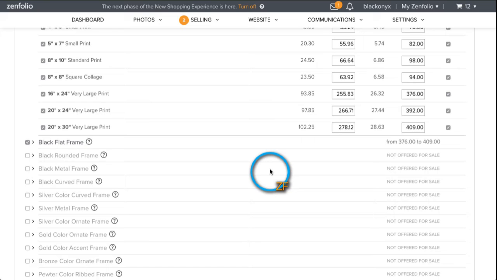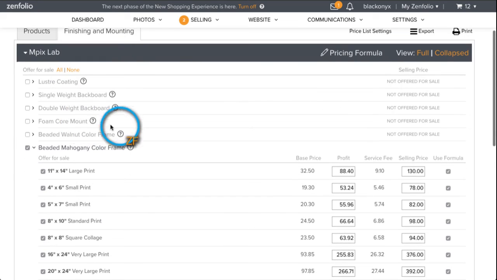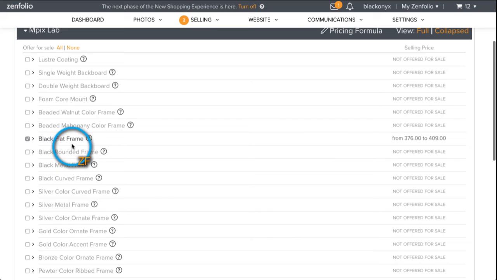I really like adding just the black frames, or maybe this, and it really depends too why I'm creating this price list. If it's for a wedding, I tend to go with more of the silver things and stuff like that. Where if it's like a landscape gallery or something like that, I kind of go with just the black frames, like the black flat frame right here, maybe the black rounded one